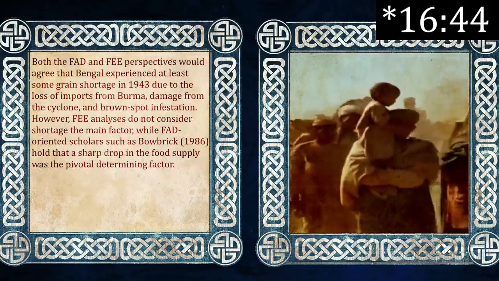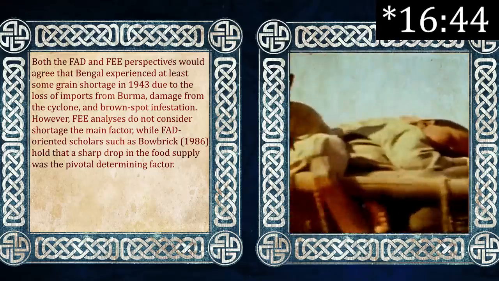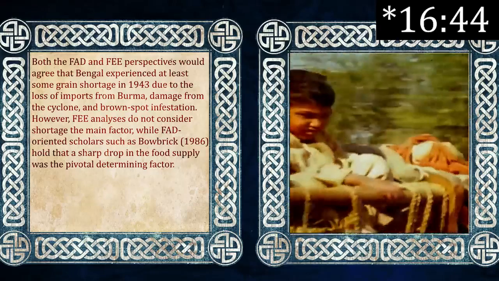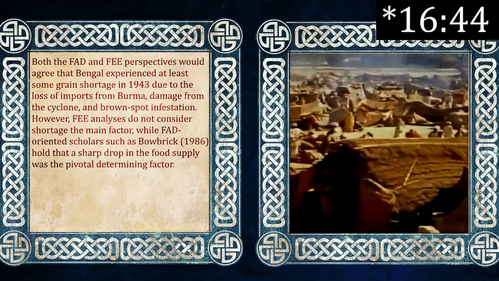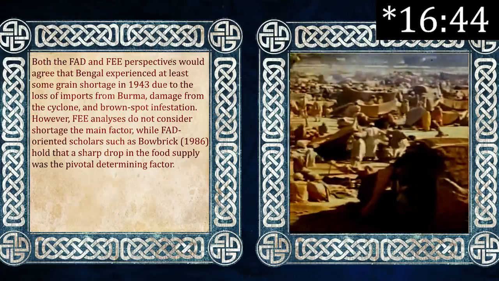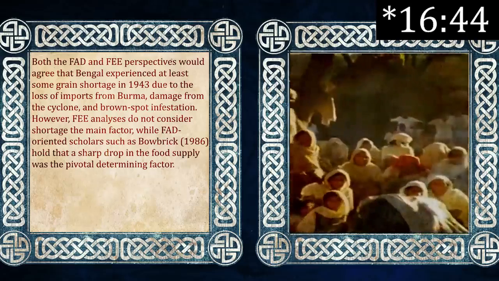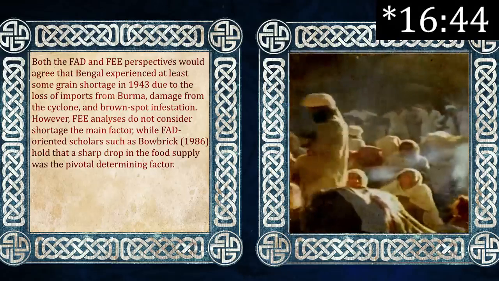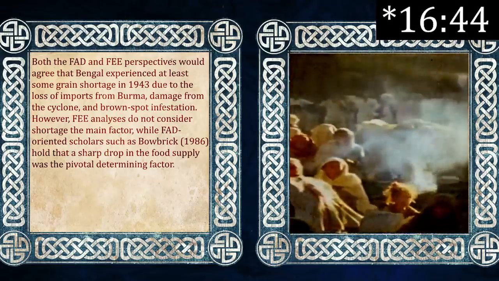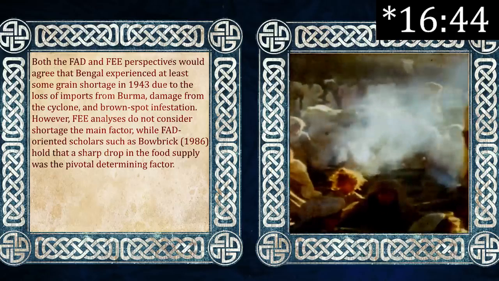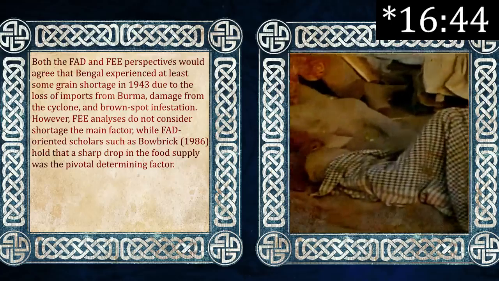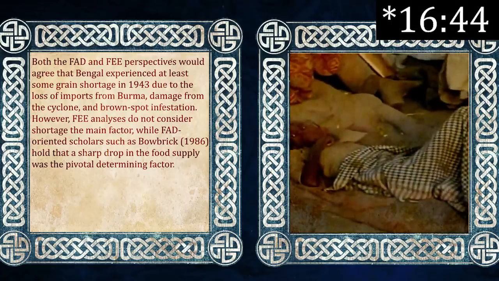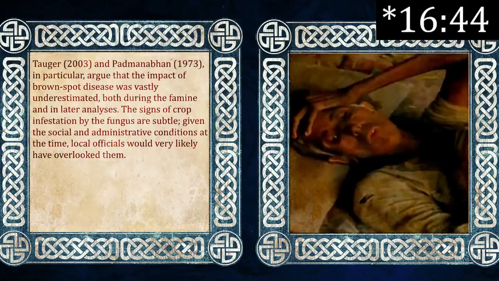Both the FAD and FEE perspectives would agree that Bengal experienced at least some grain shortage in 1943 due to the loss of imports from Burma, because the Japanese had invaded Burma, damage from the cyclone, and brown spot infestation. However, FEE analysts do not consider the shortage the main factor, while FAD-oriented scholars such as Bowbrick, 1986, hold that a sharp drop in food supply was the pivotal determining factor. Tauger of 2003 and